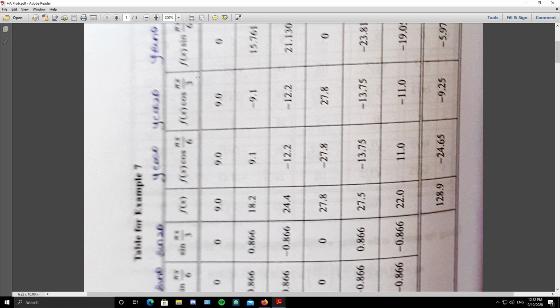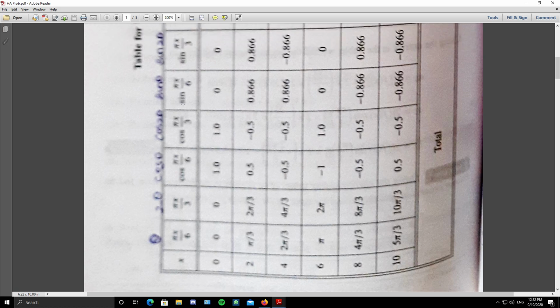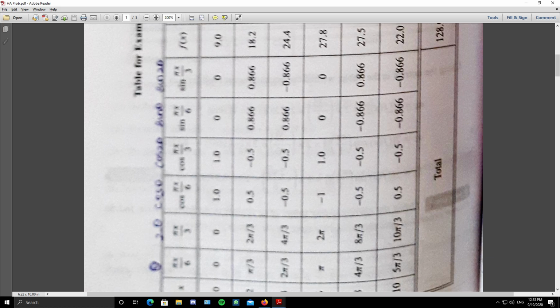So I repeat, theta is pi x by 6. You are asked to find up to the second harmonic, so 2 theta is 2 times pi x by 6, which is pi x by 3. First harmonic, what is a1? 2 times the mean of y cos theta. So you need cos theta. For the second harmonic you need cos 2 theta. First harmonic sin theta, second harmonic you need sin 2 theta.